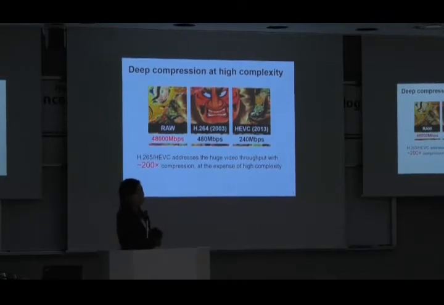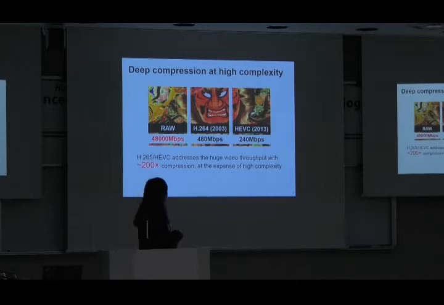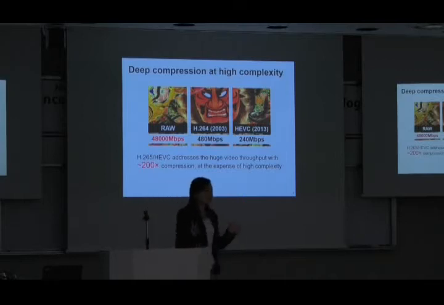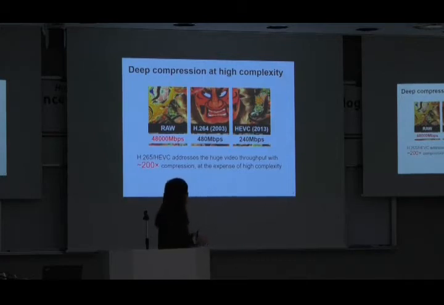It can compress a lot. But recently, we have a new standard. It can achieve about 200 times compression. So now it is possible to send this huge data for the 8K ultra high definition applications, but at the